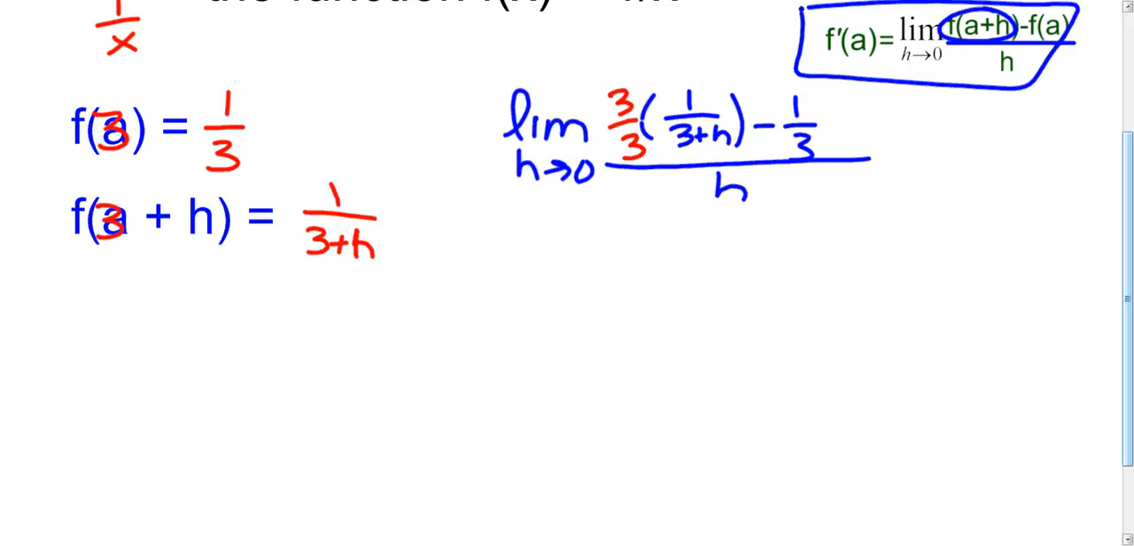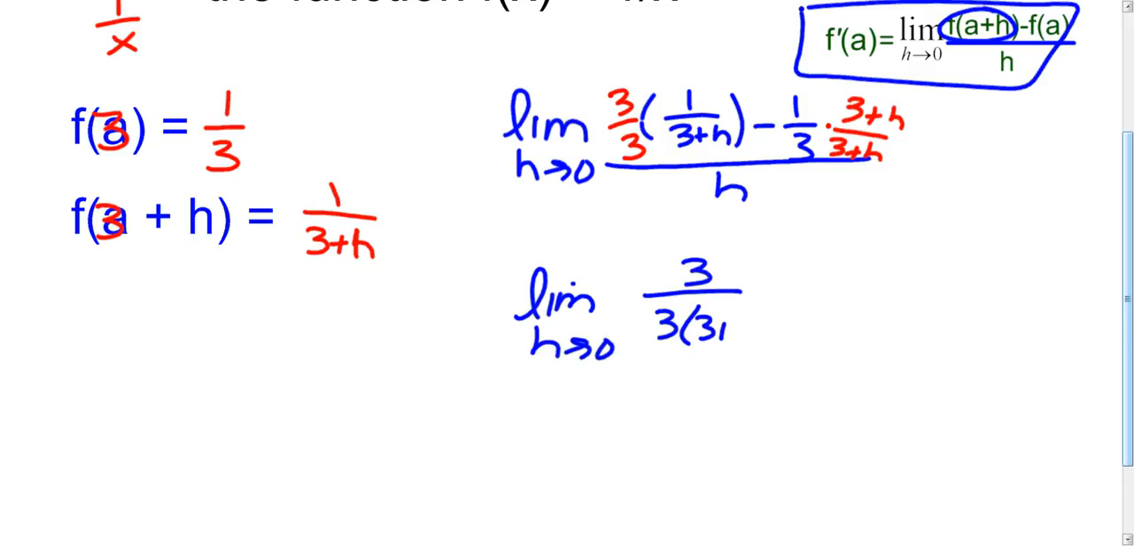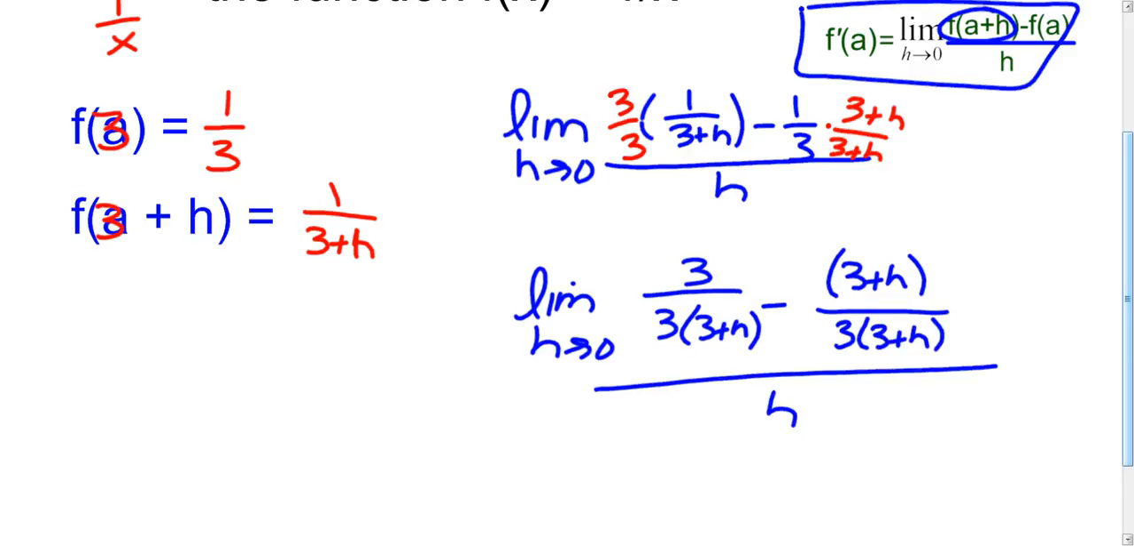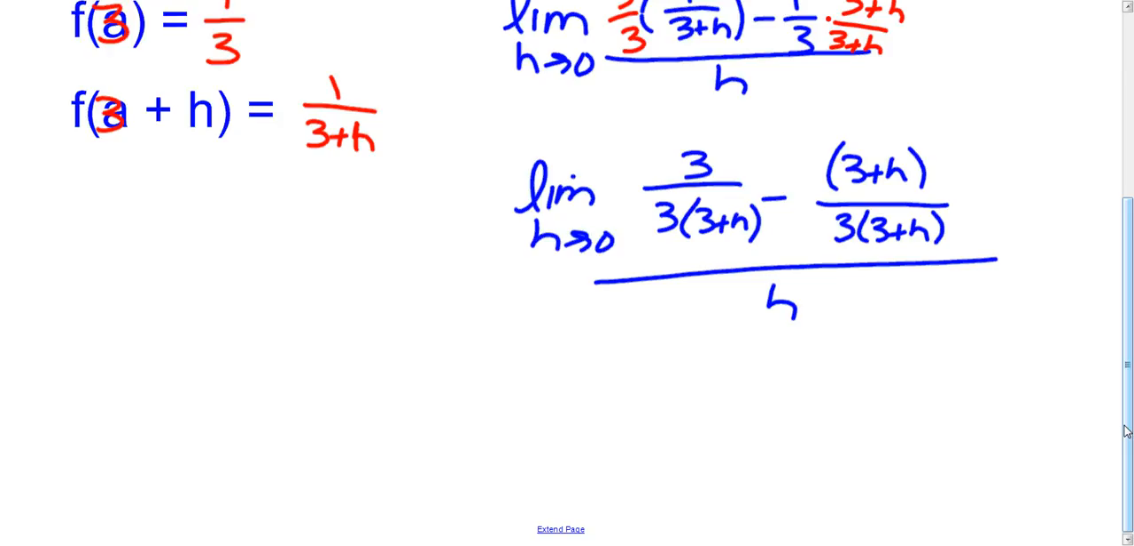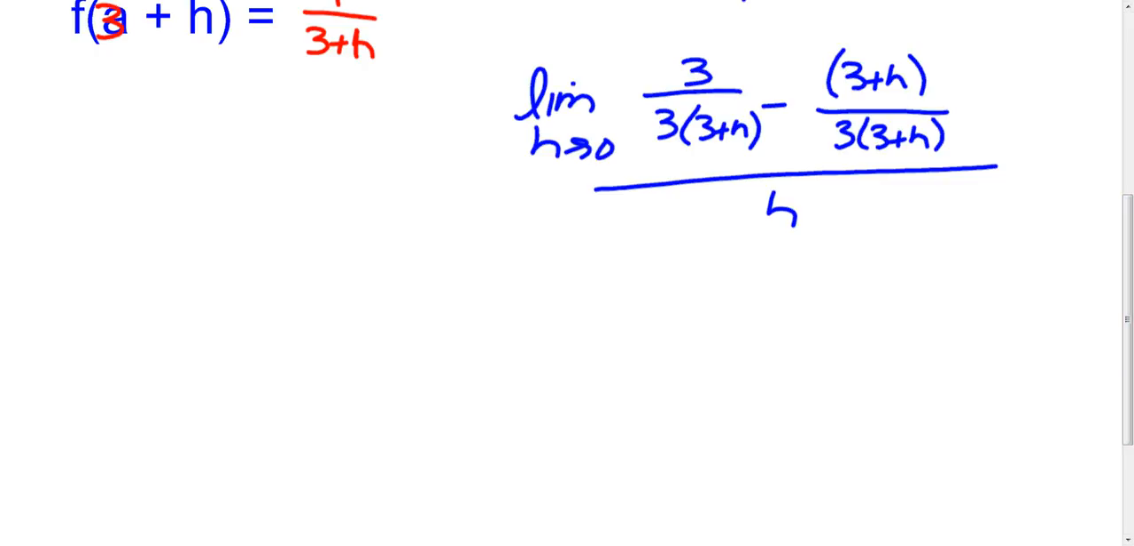So I'm going to multiply this by 3 over 3. Then I'm going to multiply this by 3 plus h over 3 plus h. Again, it's like multiplying by 1, but I'm getting common denominators. So now what I have is the limit as h approaches 0 of 3 over 3 times (3 plus h) minus (3 plus h) over 3 times (3 plus h), all over h. If we simplify this a little bit here,